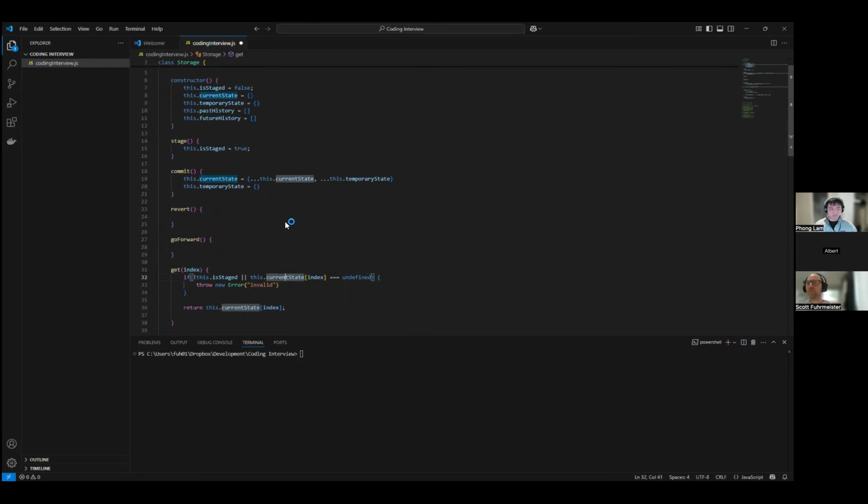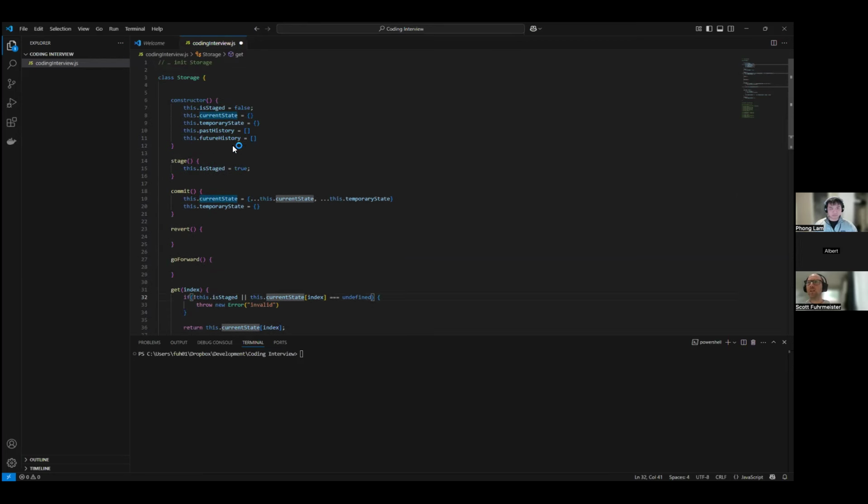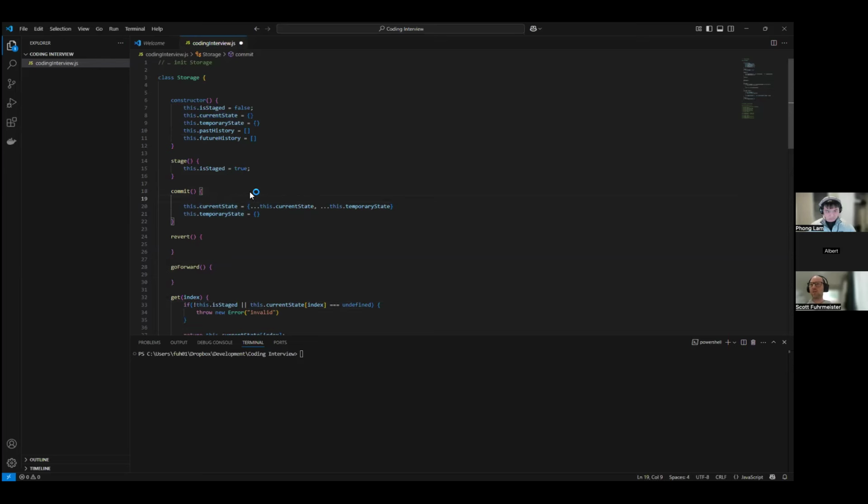The temporary state. All right, let's just start here. When you commit, you're going to push a new one to the future state.